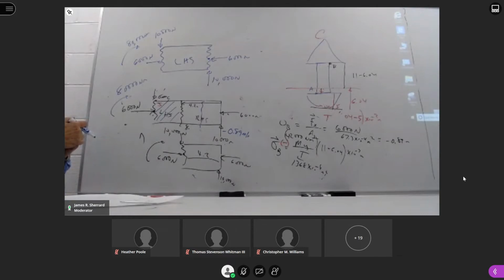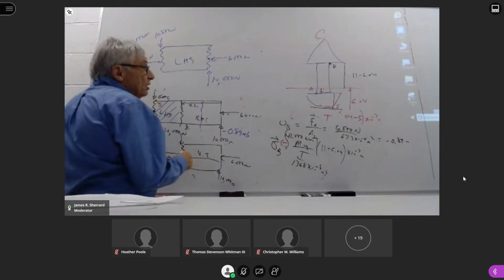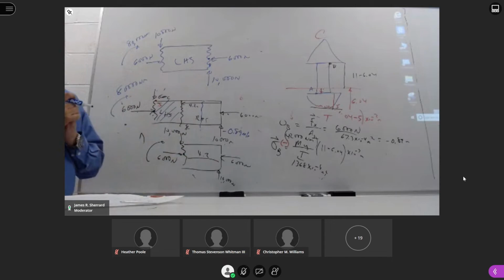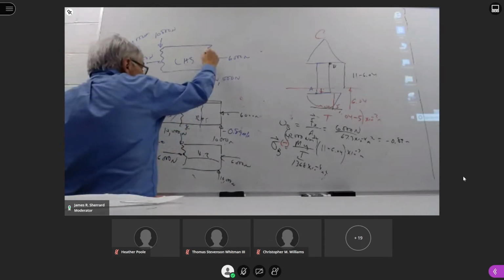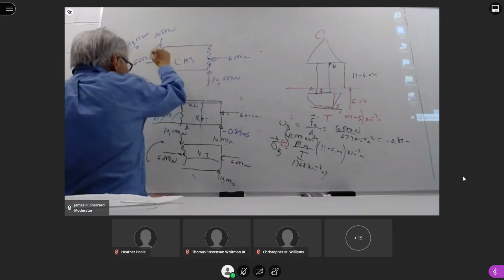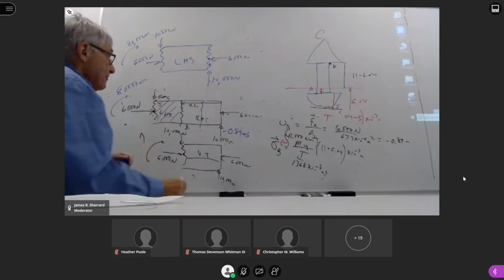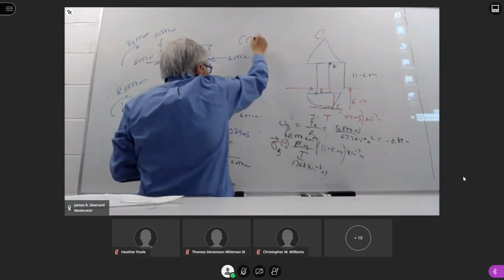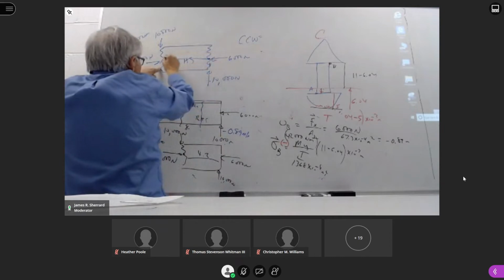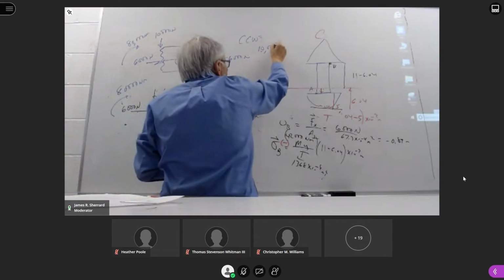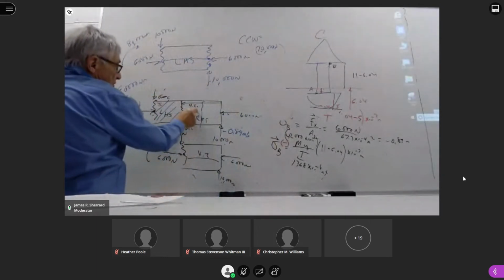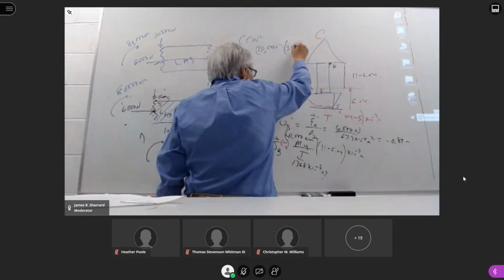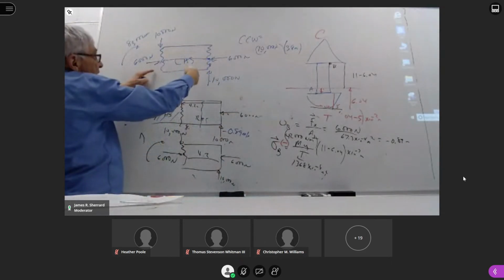Okay. Now what do we do? We look at this point, and this point was B. And we want to see what we need for a moment there. If we put our finger here, this force and this force do nothing. We put our finger here and we look at this force, this makes it want to go counterclockwise. And that counterclockwise amount is 10,000 times that straight line distance. And what is that straight line distance? If this is 4.2 and this whole thing was 8 meters, that's going to be 3.8. And that's going to make it want to go